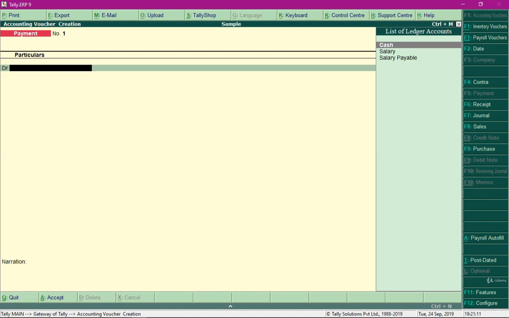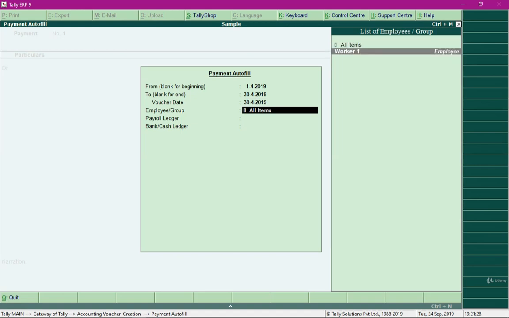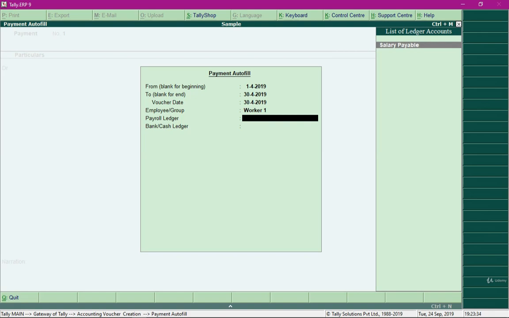Now over here, in order to auto calculate salary payment, you need to press Alt A, and in the payment autofill options, specify the month for which you are making salary payment, specify the voucher date, that is the date of entry, specify the name of the employee to whom you are going to make payment, and specify the ledger salary payable for the field payroll ledger,